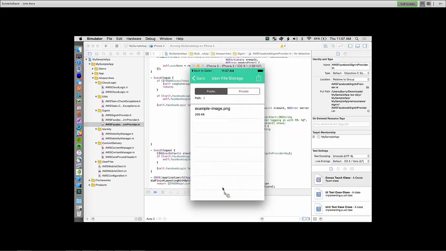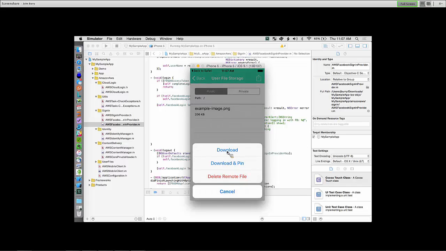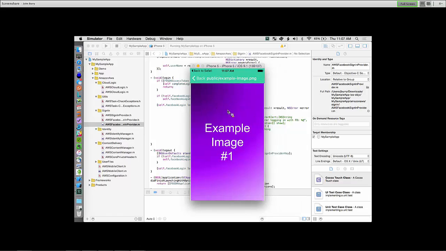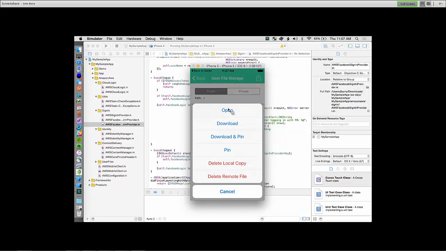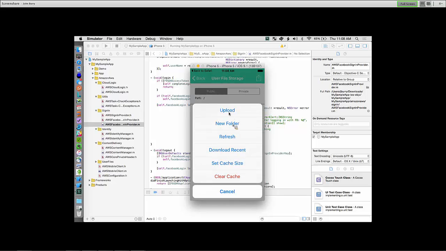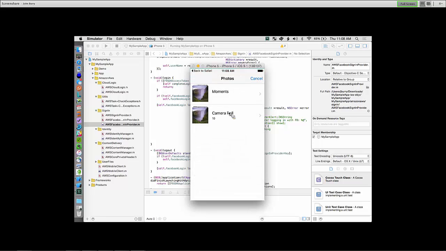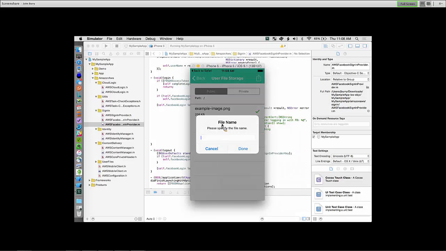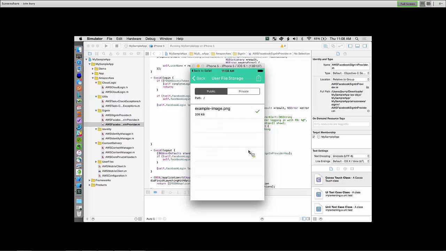So first off, we'll talk about user file storage. And again, this is taking a file that is on my computer in this case and uploading it to the cloud. Now, this particular file hasn't been downloaded yet, so let me go ahead and say download. So it comes down to my computer, and I can upload it. And download and pin, or let me go ahead and bring a file from my computer and upload it. I'm going to choose a nice waterfall. I'm going to name the file nice waterfall. And in the background, the upload is occurring.